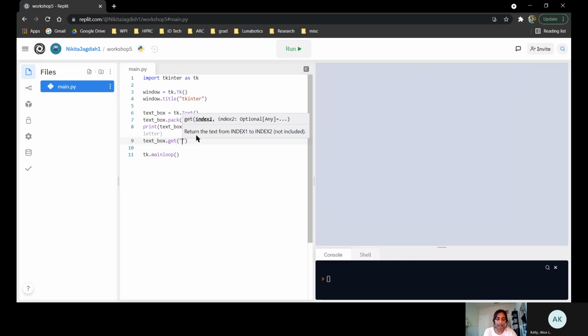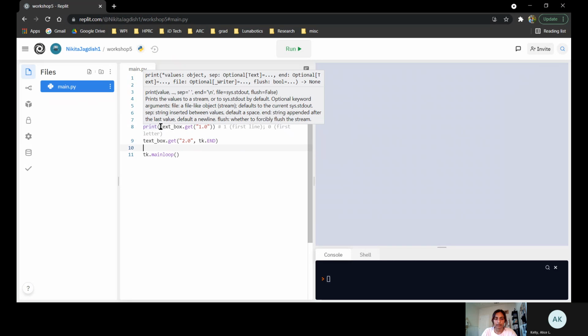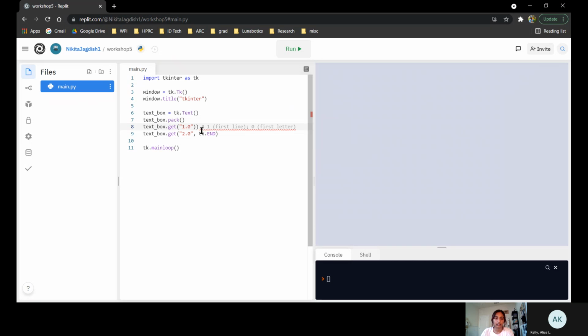So let's say we have a second line. If I wanted everything from line 2, that would be from the first letter. And then if I do tk.end, that'll go to the end of the line. So that's how I would get line 2. We'd have to create